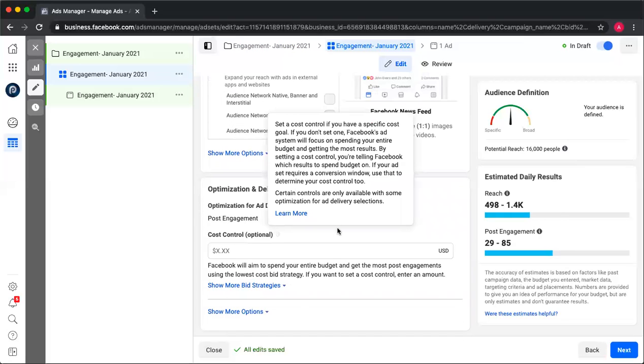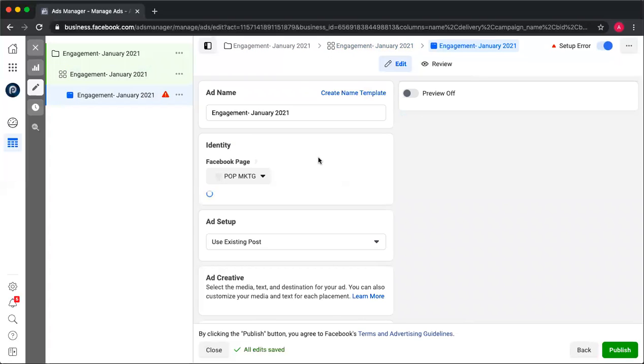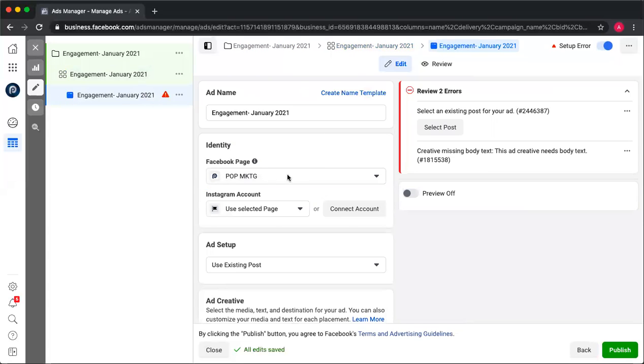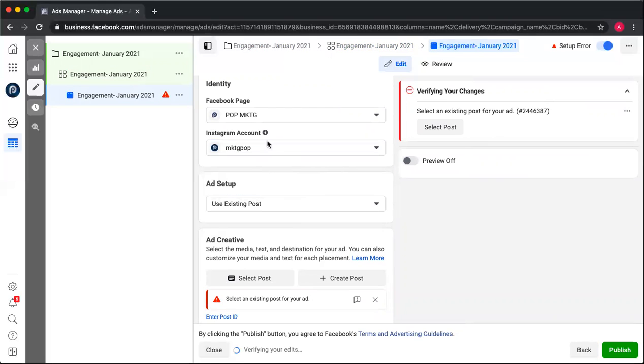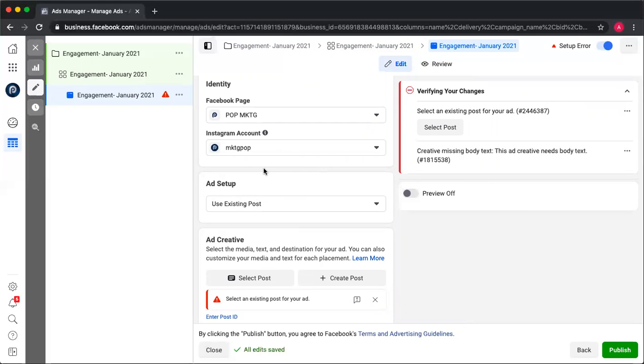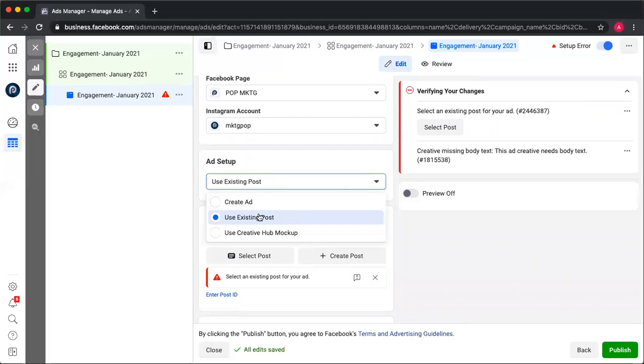Okay, we're optimized for post engagement here. We've already gone over that. And then here is the final step, which is the ad itself. So you'll make sure that you're linked to the page that you want to market to, and that's us here at Pop Marketing. Here's your Instagram account. Hey, let's select. We want this ad to serve on our Facebook with our Facebook page linked and our Instagram page. And then the cool thing is you can either create a new ad, you can use an existing post,